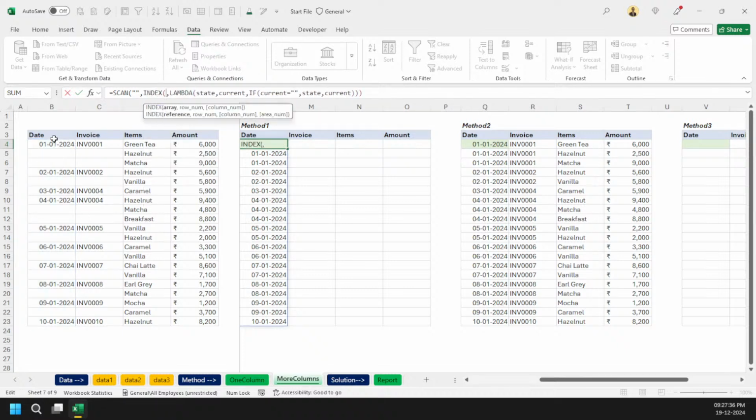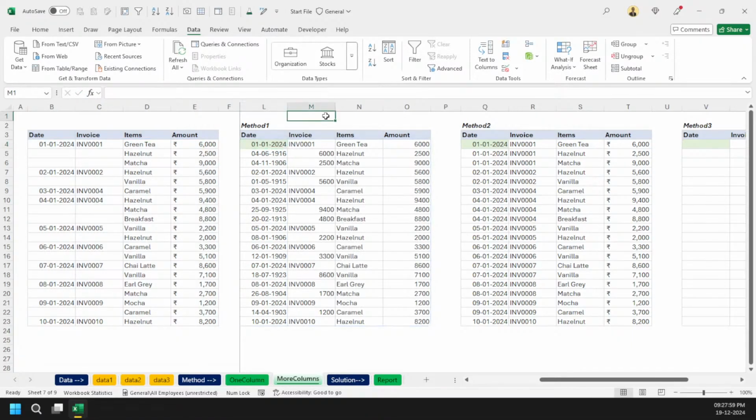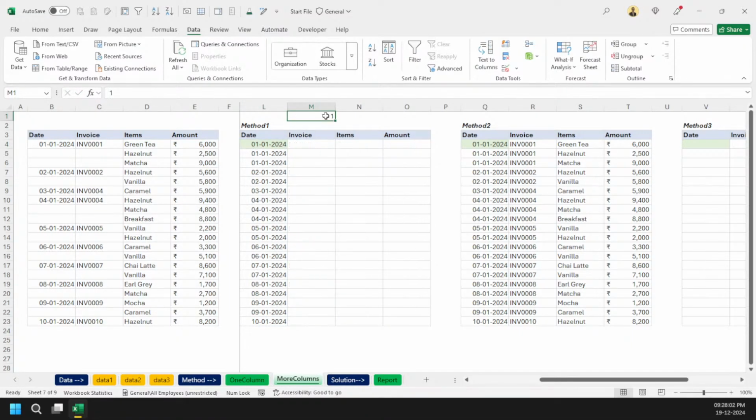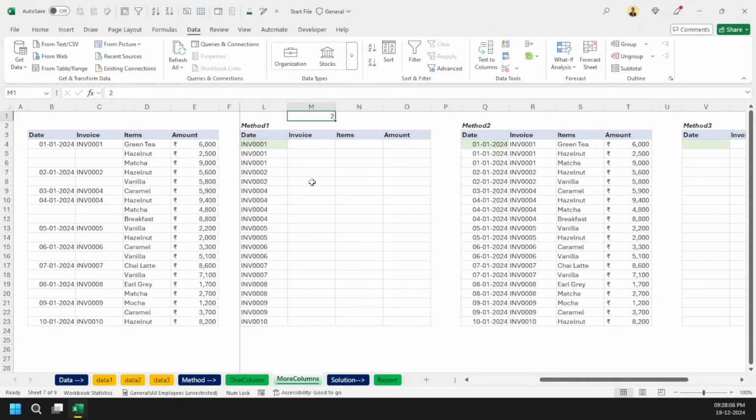Index, or we can even use the map function, or the choose columns function as well, but I'm going with the index function right now. Index: I don't want any row filter, all the rows and the first column. And you can now see here I've got it. Let me reference it here for the time being, and this is my first column. If I go for the second column, you will see I've got the second column. So I want to figure out a way that it goes one column at a time.